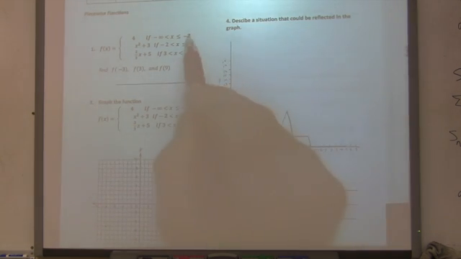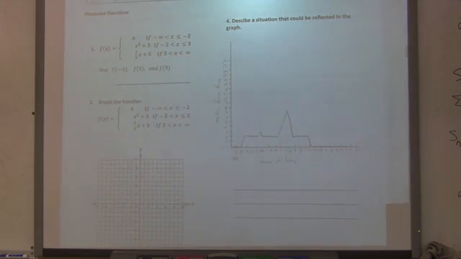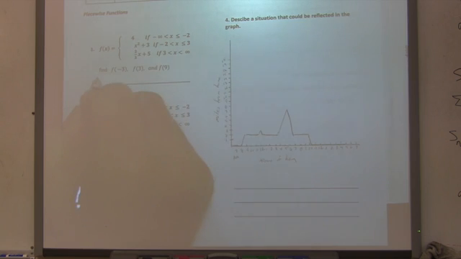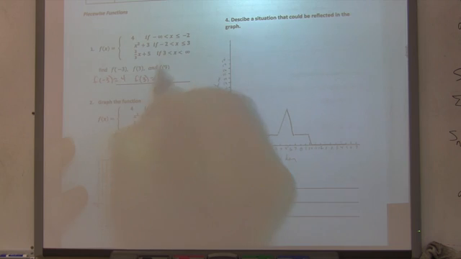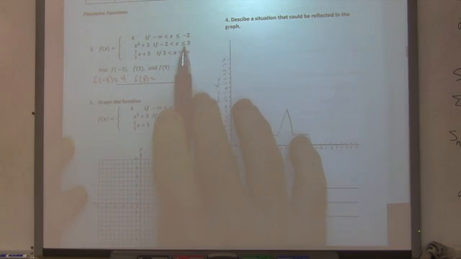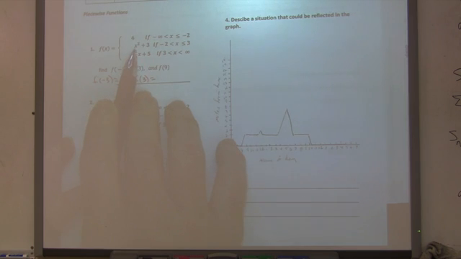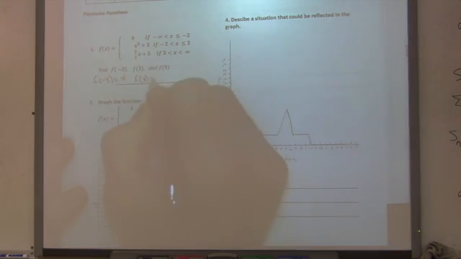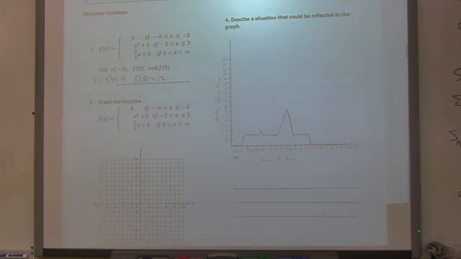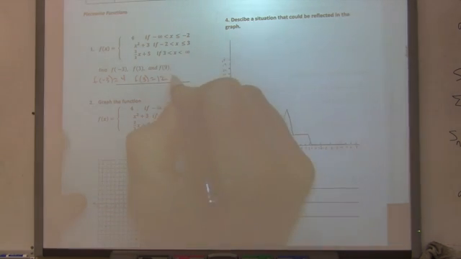So I go up here, negative 3 is less than negative 2, so that would tell me that f of negative 3 equals, and our function tells us we get out 4. Then for f of 3, we go up here, and 3 would be equal to 3, so we would use this rule, so we plug 3 in. 3 squared is 9, plus 3 is 12. And the last one, f of 9,